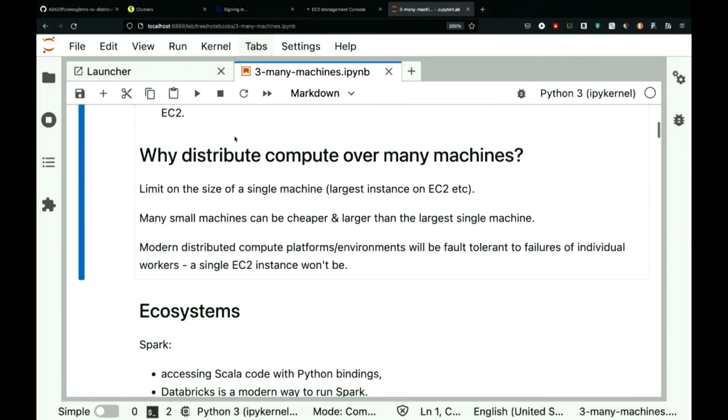So why distribute compute over many machines? Fundamentally, there's only so much you can do on a single machine, right? And essentially what we're saying there is there's a limited ability to vertically scale. The largest instance you can get on AWS, you can't get bigger than it. So if you're pushing up against the limit of either a CPU-bound thing, or you need more memory on a single job at once, you are